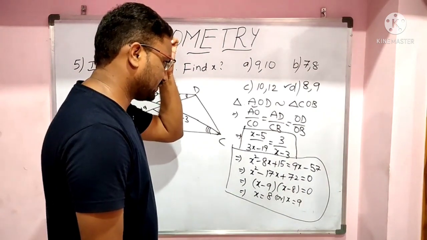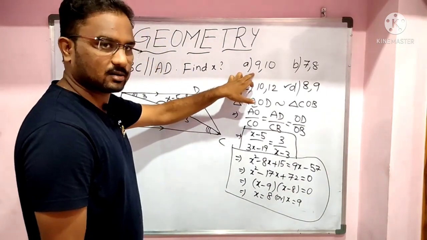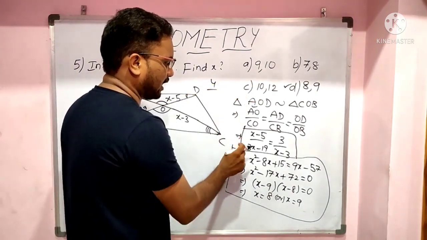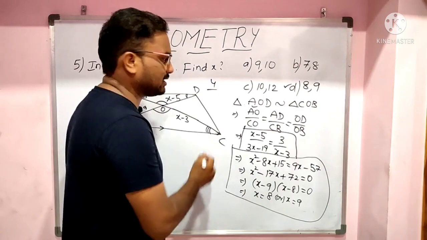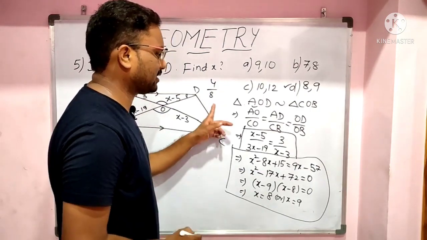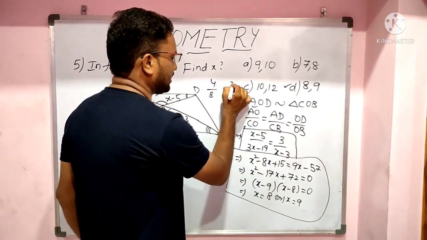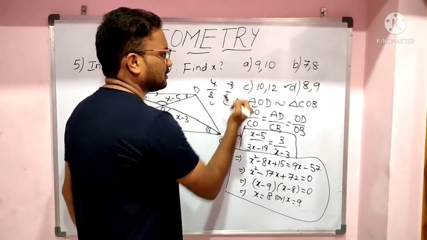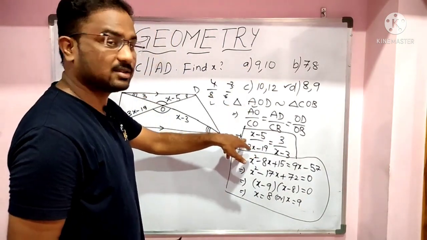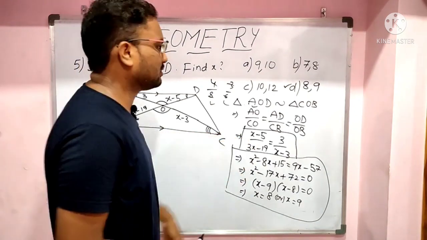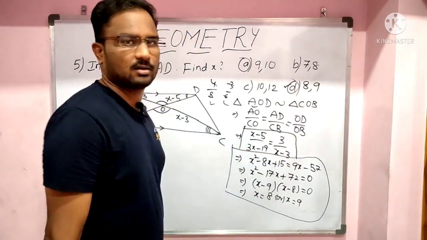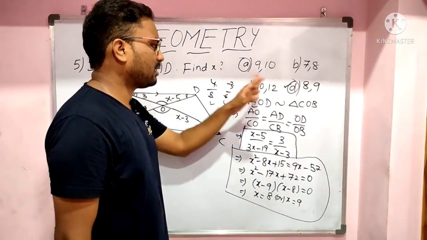Okay, so first of all, take 9. 9 minus 5 is 4, and 3 9s is 27, 27 minus 19 is 8. So 4 by 8, left hand side we got 4 by 8. And right hand side 3 and 9 minus 3 is 6. So 4 by 8 is 1 by 2, and 3 by 6 is 1 by 2. So 9 satisfies this equation. So we got either A or D.